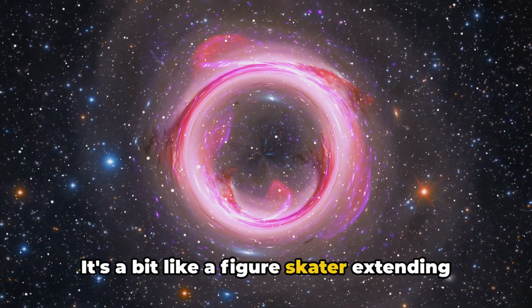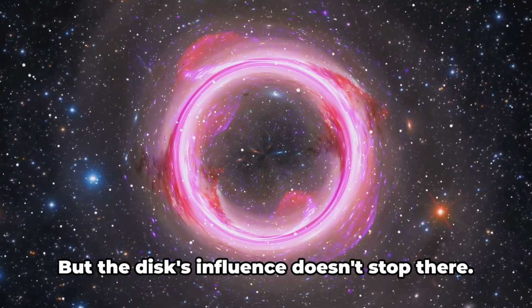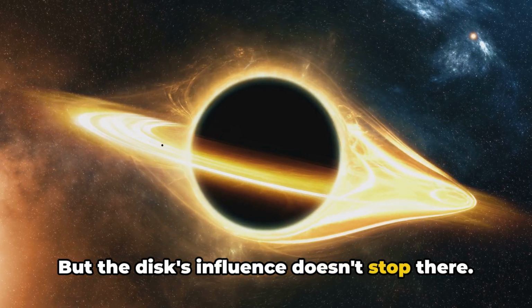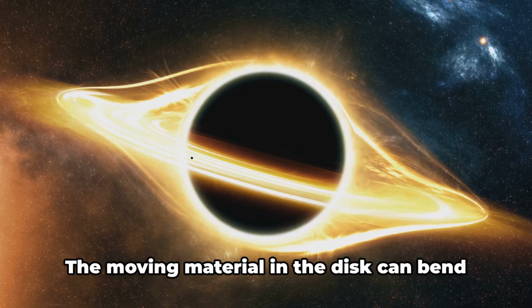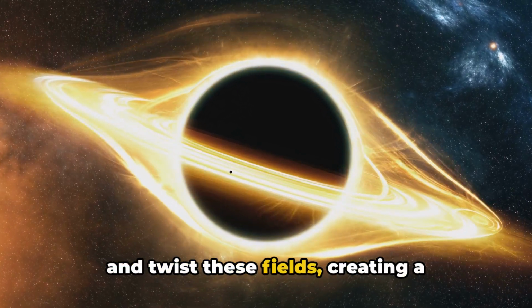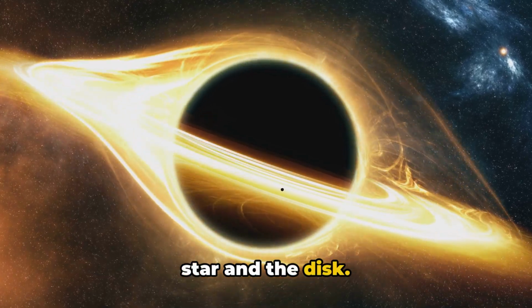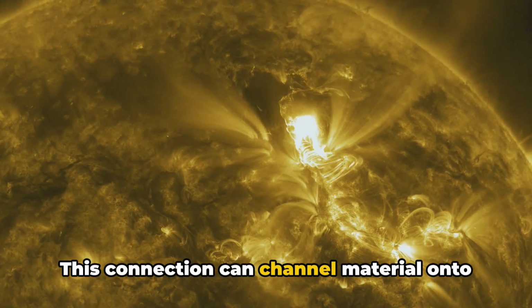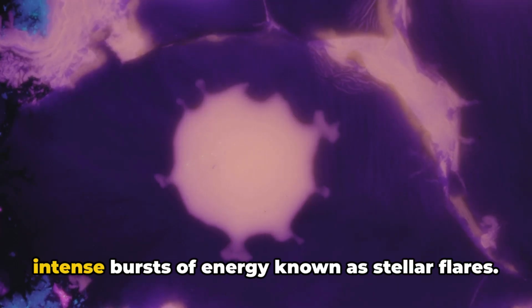It's a bit like a figure skater extending their arms during a spin to slow down. But the disk's influence doesn't stop there. It can also interact with the star's magnetic fields. The moving material in the disk can bend and twist these fields, creating a powerful magnetic connection between the star and the disk. This connection can channel material onto the star's poles, leading to hotspots and intense bursts of energy